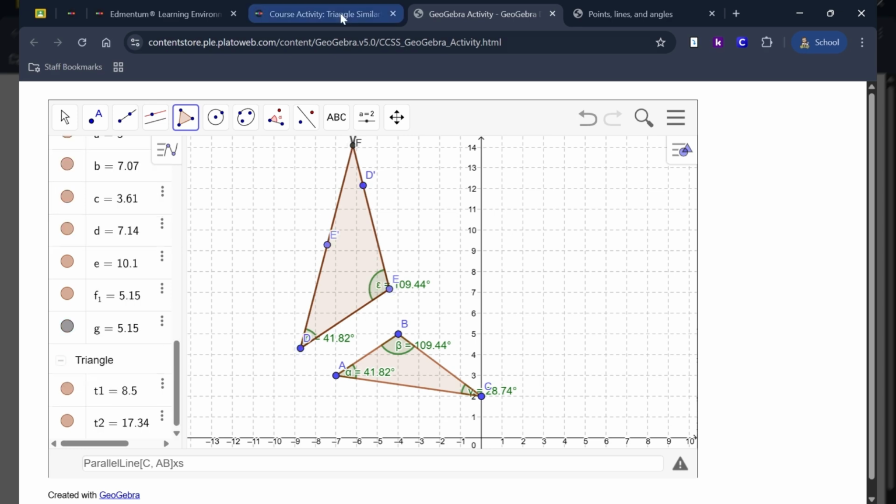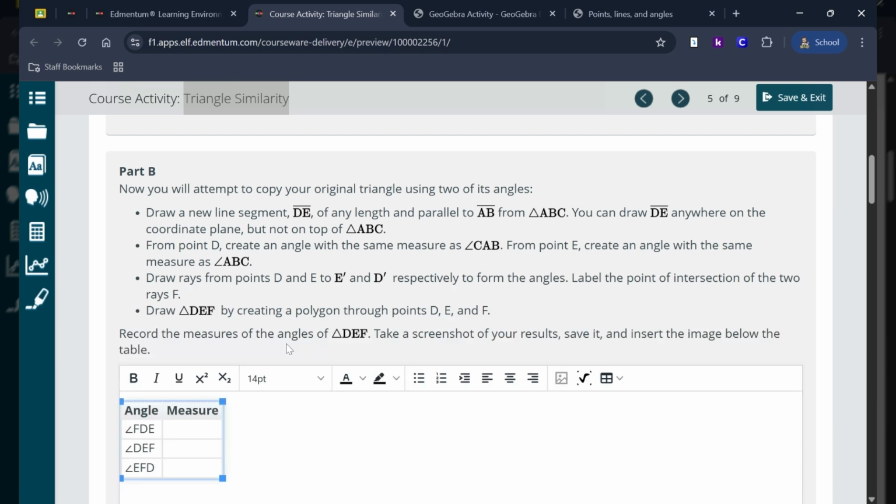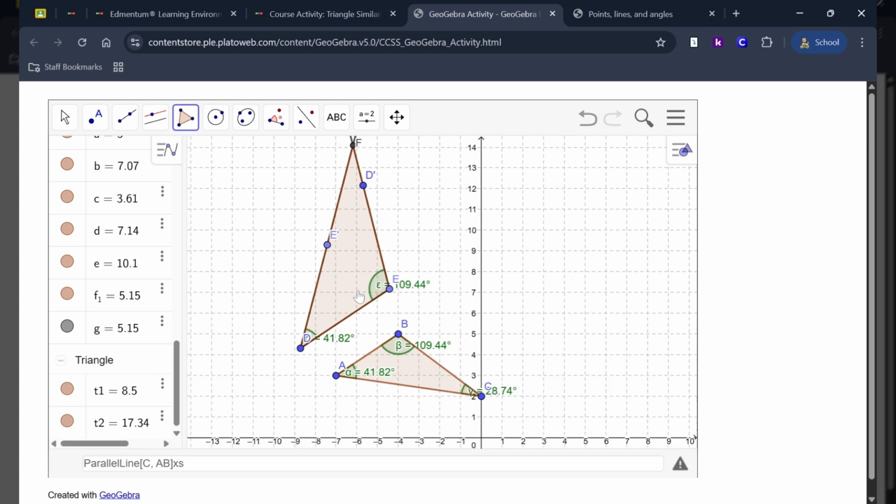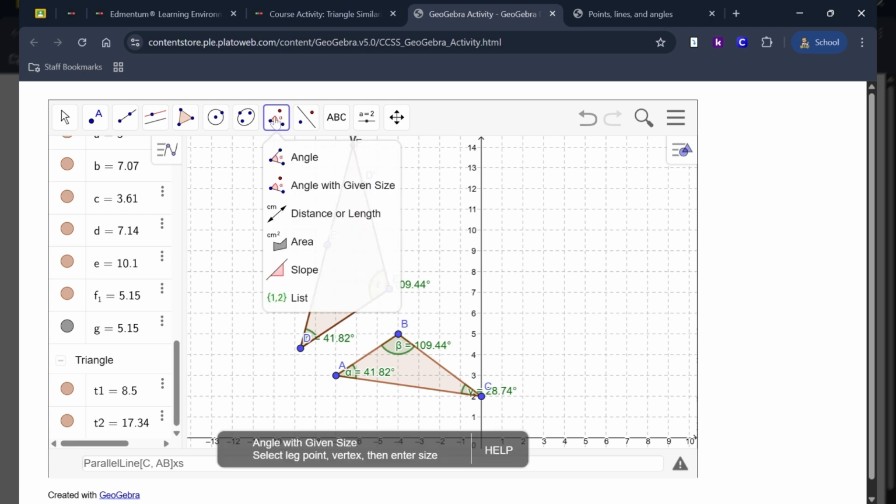And so record the measures of the angles of D, E, and F. Take a screenshot of your results, save it, and insert the image below to the table. So yeah, so you'll go ahead and put the measurements here, and then you have the angles there, right? 41.82, 109.44. And so then the other thing to do is just get that last angle measurement. And you should already know what it is, right? Because it all has to add up to 180. And so if you have these right here and they're the same as this, you know that this other one has to be 28.74, but you could just go like this,